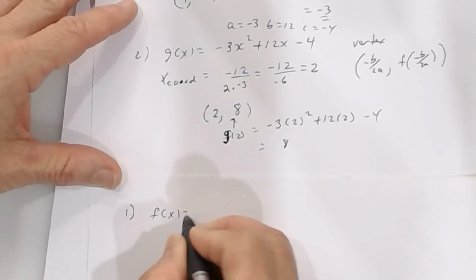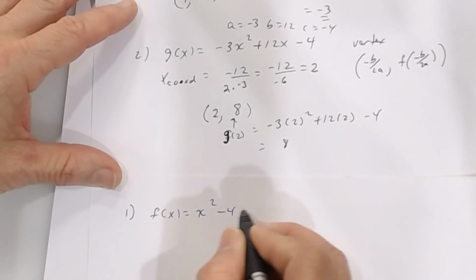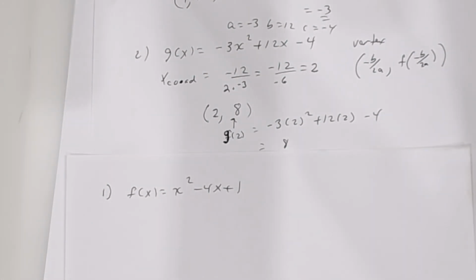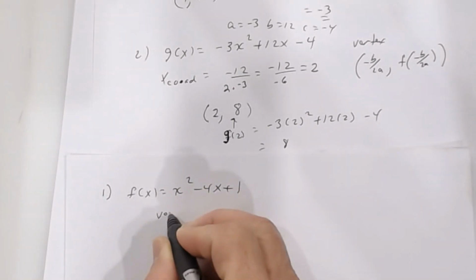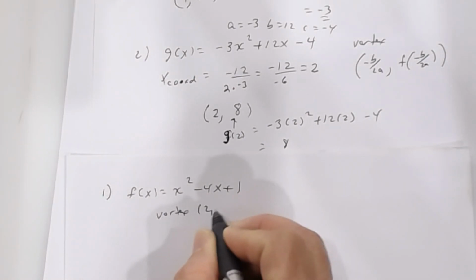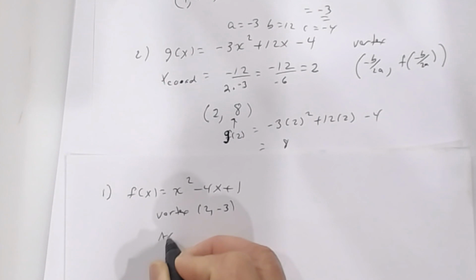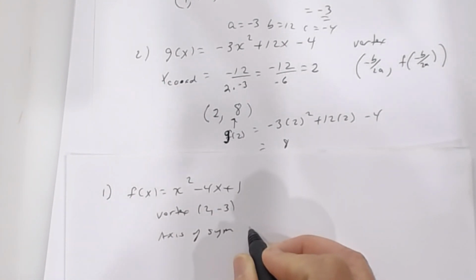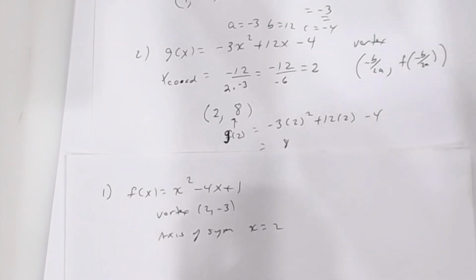f of x equals x squared minus 4x plus 1. What's the vertex? 2, negative 3. Found it. What's the axis of symmetry? What is it? x equals 2. So at this point,